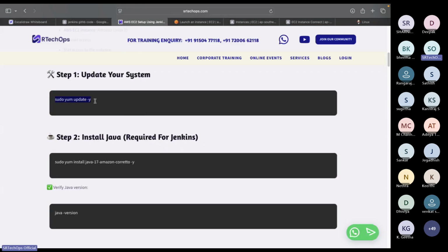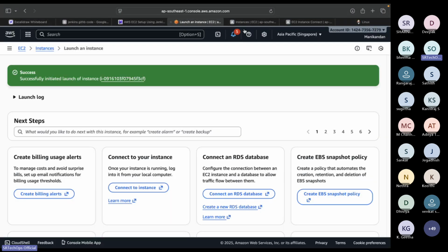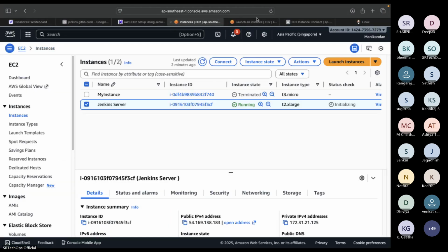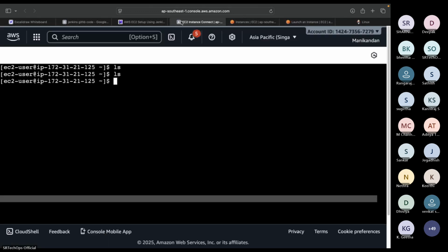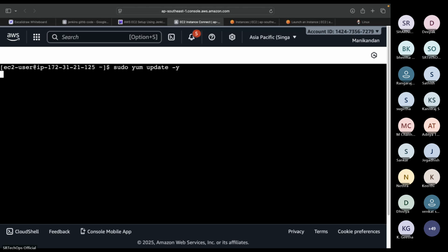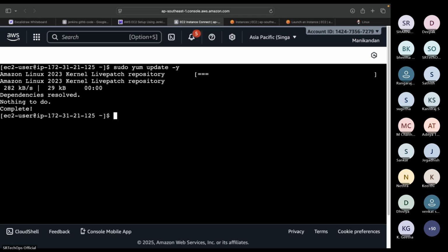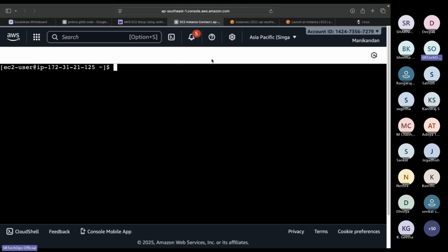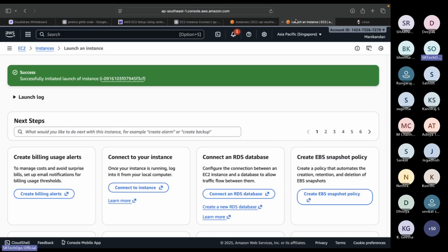First, update the system. This is the command to update the system. Just update the system. This command is used to update the system. I'm updating the system. Okay, after you update the system, what you do is